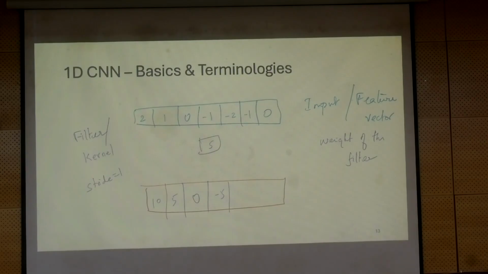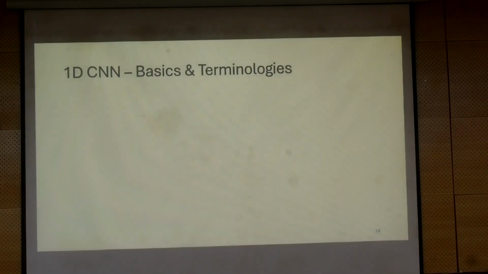So what you get out of this at the end of this exercise is an important terminology. It's called a feature map. Very, very important name. So you start with a feature vector, you convolve it with a filter, what you get out is a feature map. Okay. So for those of you that are familiar with CNN, this might be very basic, right? At the end of the day, I'm just repeating the terminologies here.